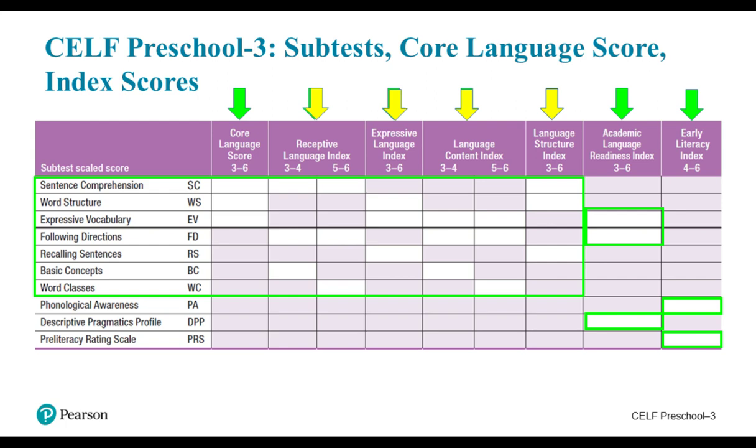And then when you think about the 2 new indices that we added, when you look at academic language readiness, 2 of the 7 subtests, expressive vocabulary and following directions, in conjunction with the descriptive pragmatics profile, will provide information for the academic language readiness index. And then the early literacy index, again a new index, is composed of